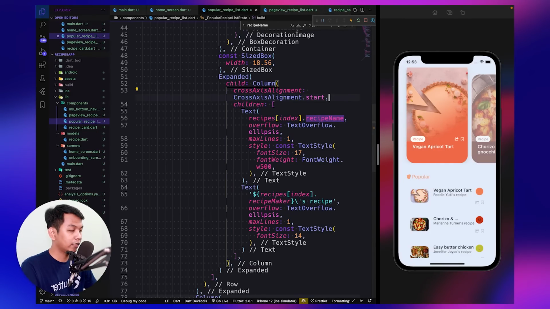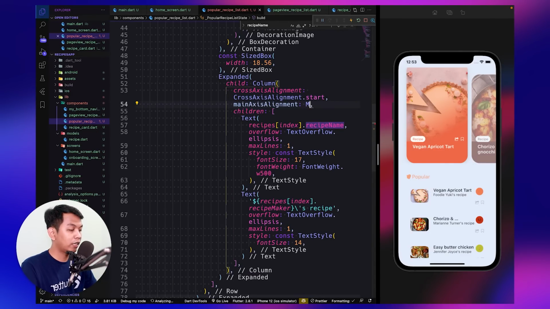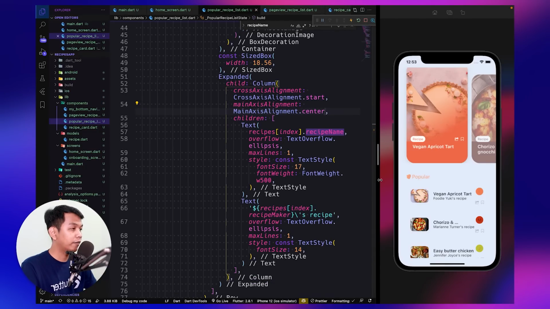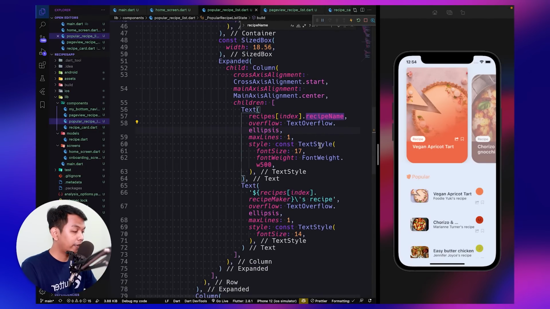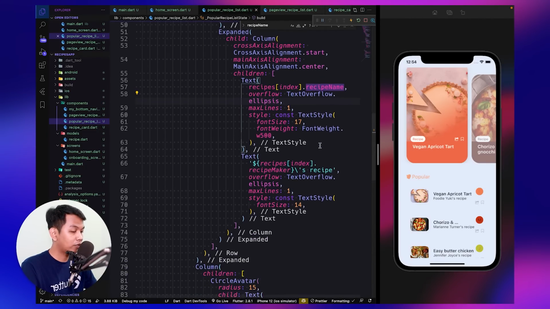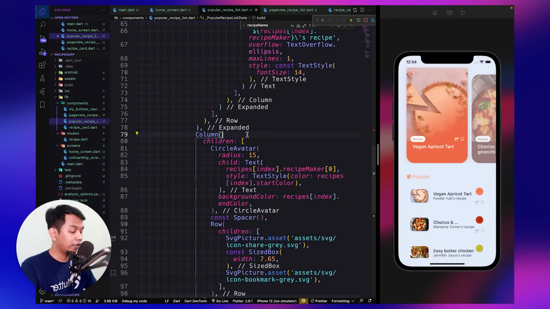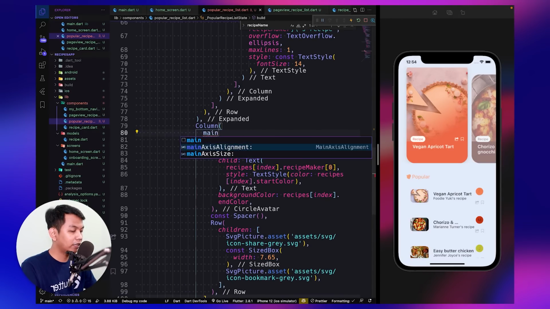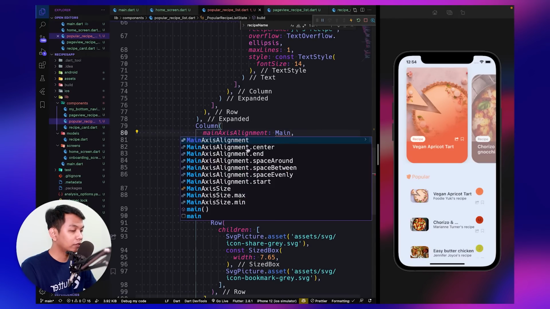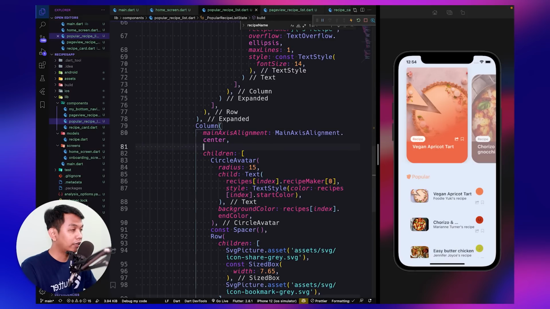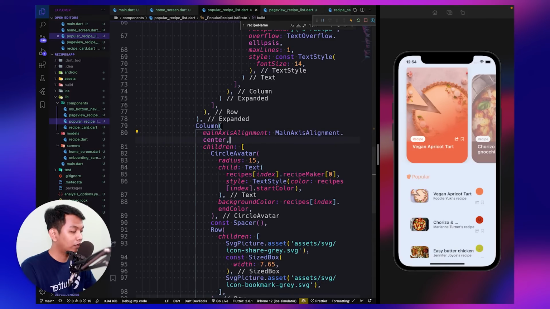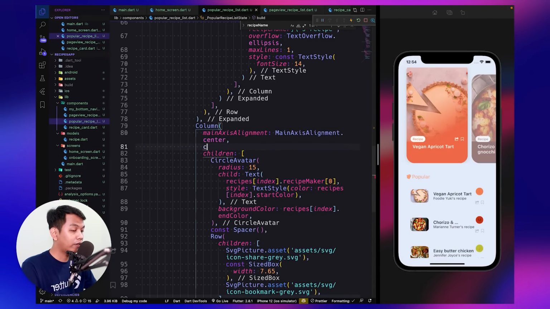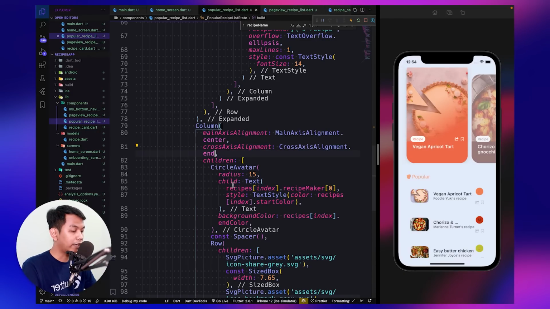And for the main axis alignment, set it to center. Yeah, that's right. And let's go to the column widget below our expanded, and for the main axis alignment, set it to center, and for cross axis alignment, set it to end, look like this.